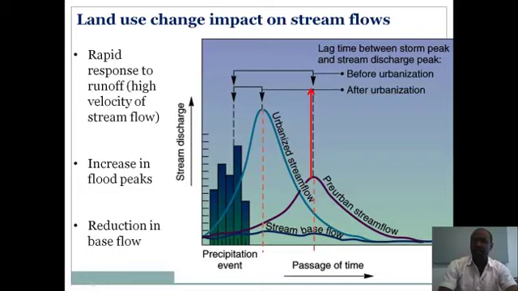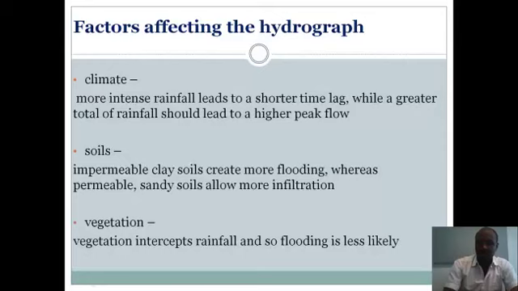The other change which will happen is the peak. The peak will be more extreme than in pre-urban areas. That is, when we make it an urban area, the flood will rise sharply, and the peak will also be bigger than the peak we could have in pre-urban areas. Therefore, this land use change affects our hydrograph as well, and the runoff, which could be a potential resource for our agriculture, for domestic or for other water uses.